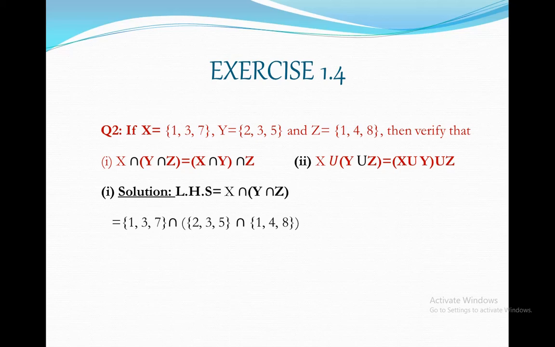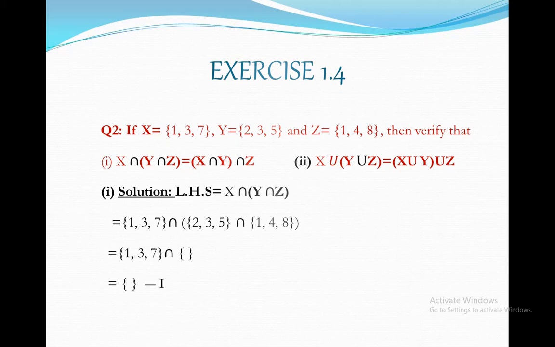Now we look for common elements in sets y and z. Clearly, no element is common, so this becomes the empty set, and we have {1, 3, 7} intersection the empty set. Students, remember that the intersection of an empty set with any set always results in an empty set, so our answer is the empty set, and we call this answer number 1.